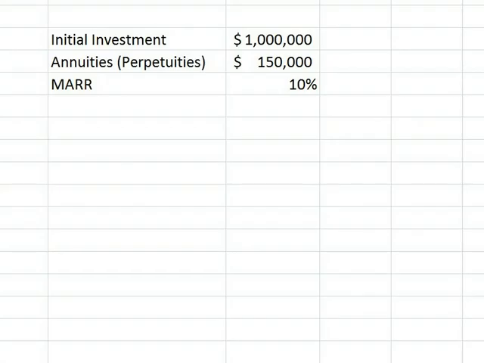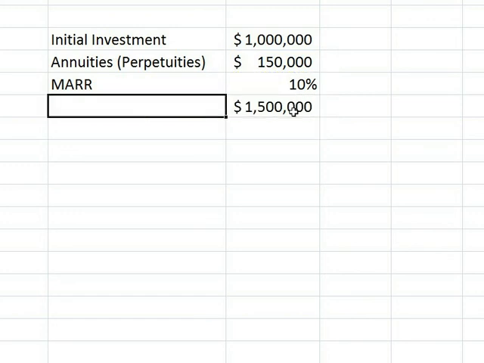Let's consider an example for this situation. An initial investment of $1 million is required for a project, and the benefits that we expect is $150,000 for as long as we can foresee. If the minimum attractive rate of return that we can have for this project is 10%, then bringing back all those eternal quantities into the present will be equivalent to dividing 150,000 by 10%, and the total benefit, the cumulative benefit today, would be